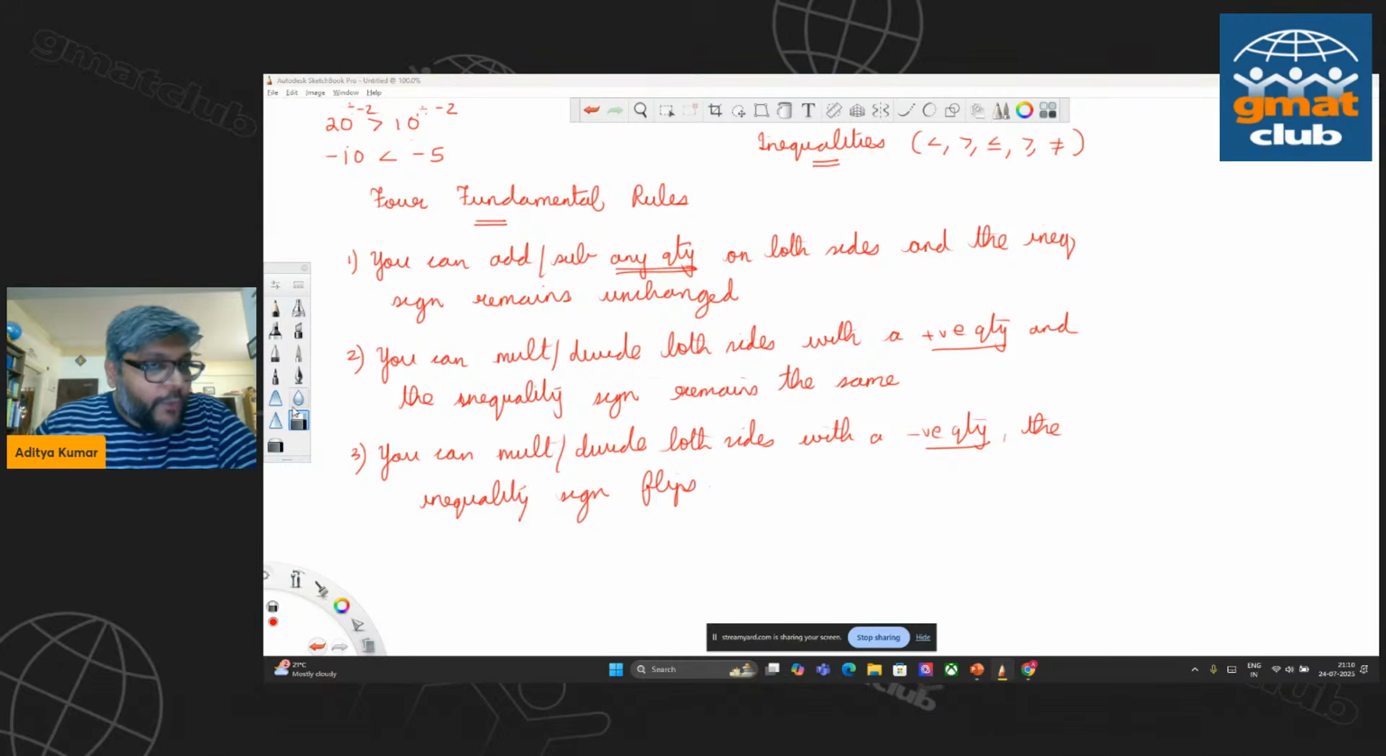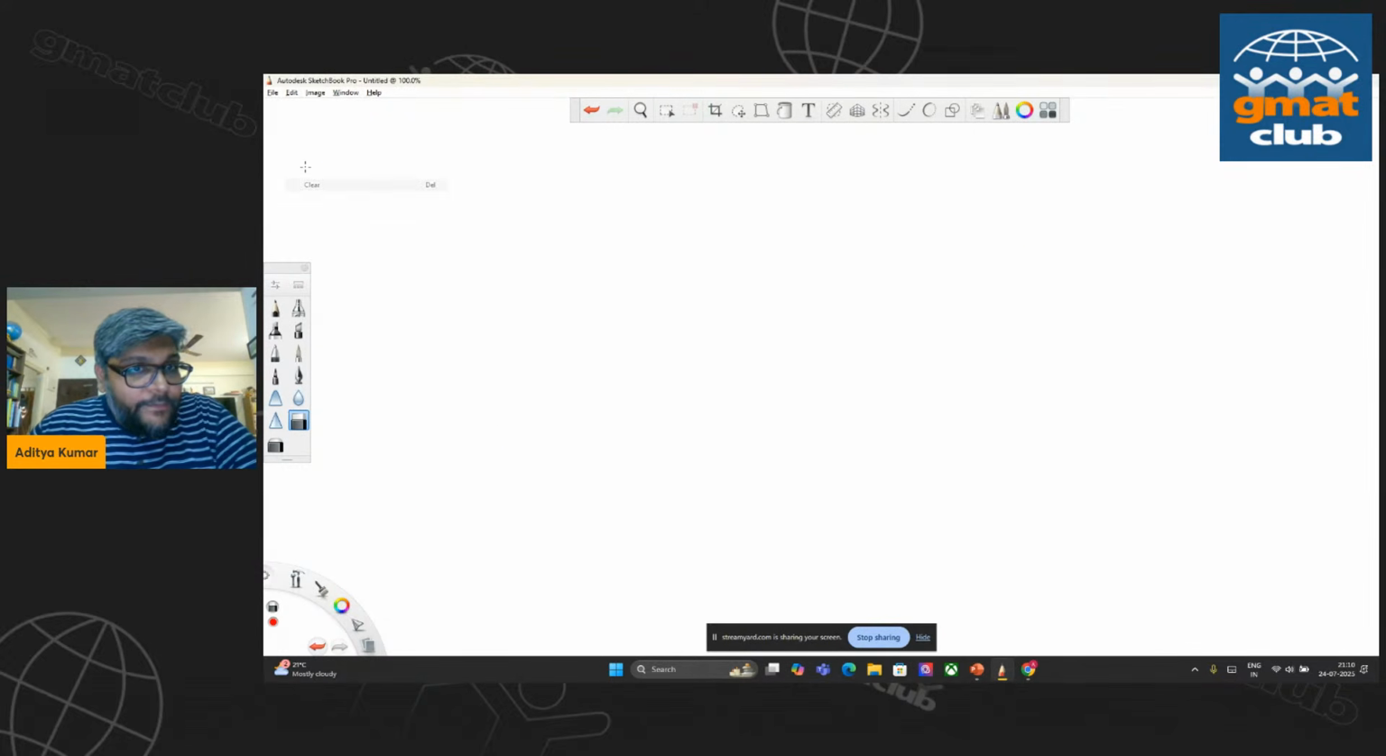Now let's look at the fourth one, right? A very important one. This is where most test takers make a mistake as well. The fourth of the fundamental rules. The fourth fundamental rule depends upon your understanding of the previous three. So if I take an example, x by y is greater than 1. If I give you this equation,